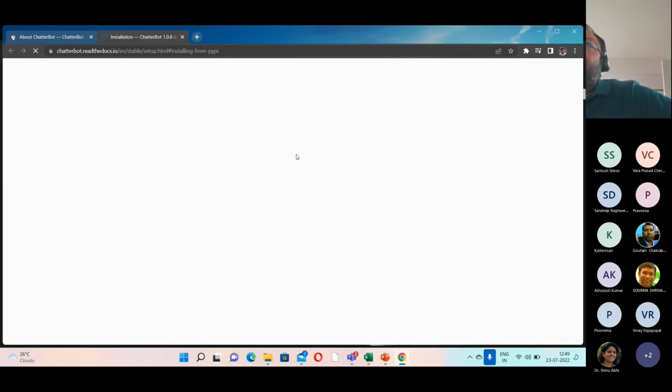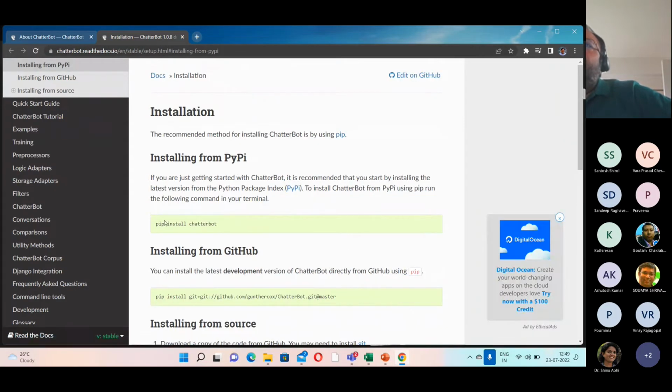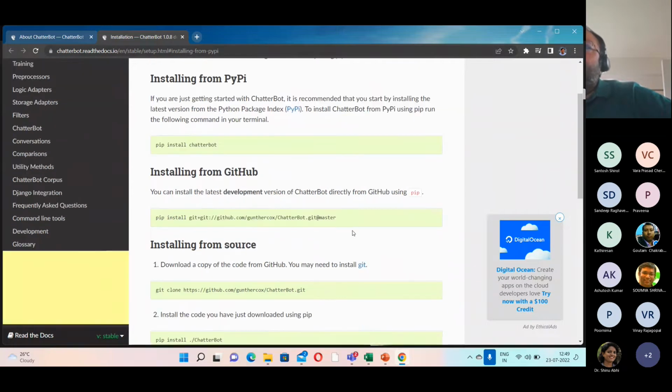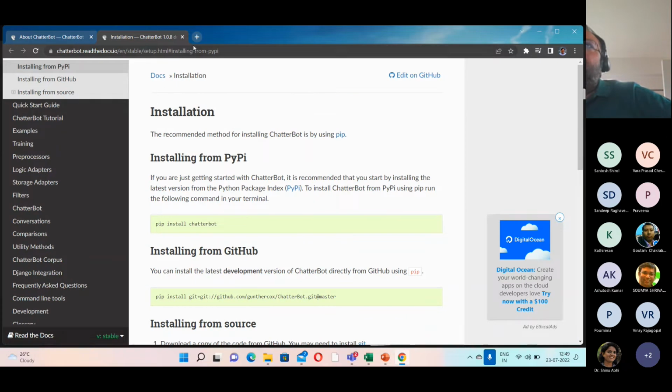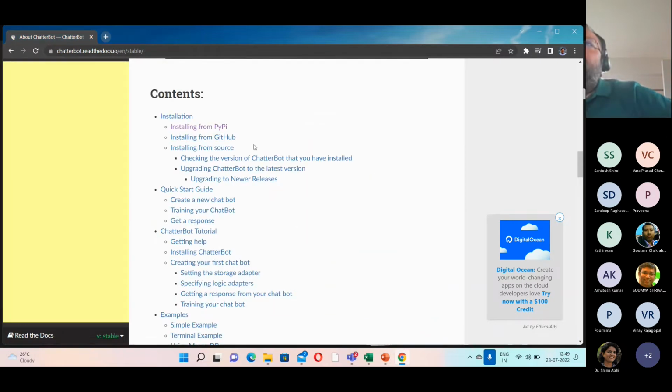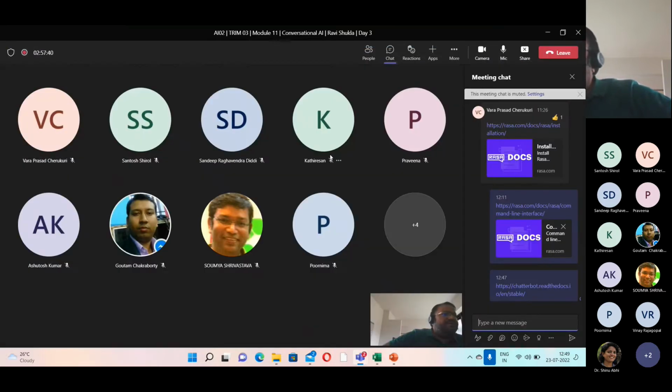Okay, installing from PyPI. Can everybody do this, please? pip install chatterbot. And once you're done with that, we'll do this. Let's quickly, I don't think this will take much time.